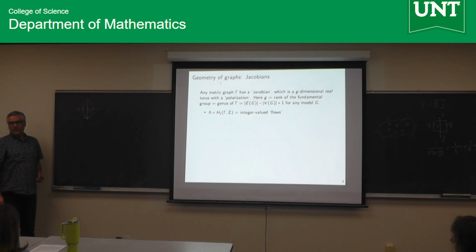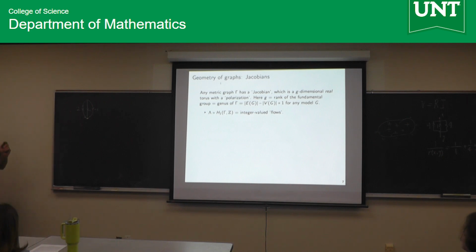It's a flow. But this is one very concrete way of saying what an element of the first homology of the graph is. If you know topology enough, you don't have to listen to the nonsense I'm talking about. But it's very concrete. And I'm insisting it's integer valued.